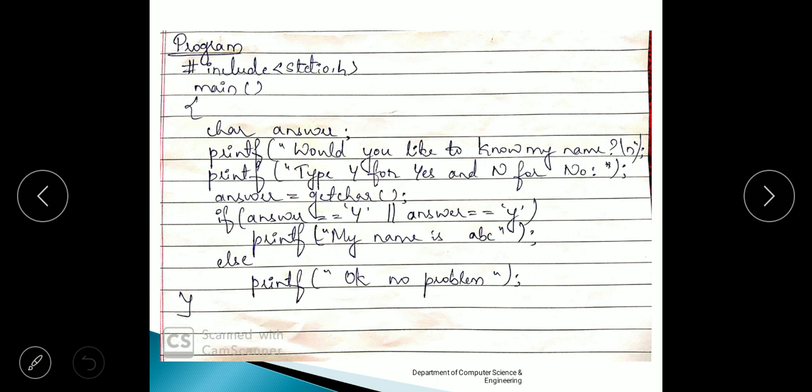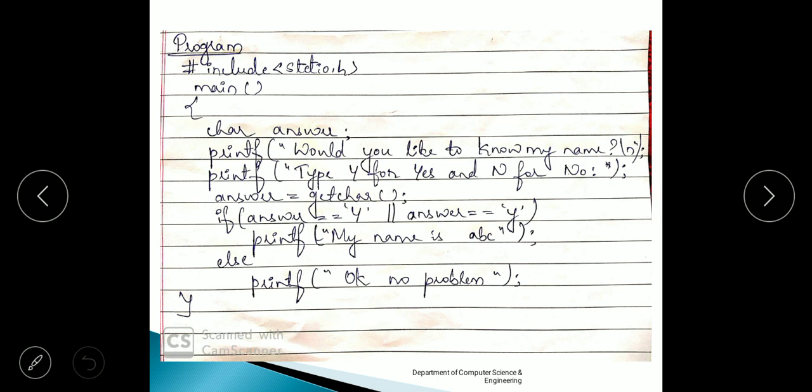It will not accept more than one character, because its nature is accepting only one character, right? That's why we have to tell the user to type Y. If he types YES, then it is not going to accept the input, because it cannot accept more than one character. He has to type either Y or N. So we will proceed with the next statement, that is if answer equals Y.